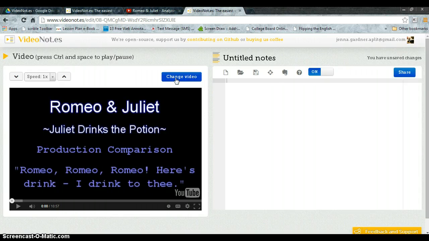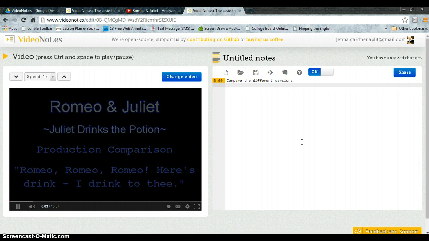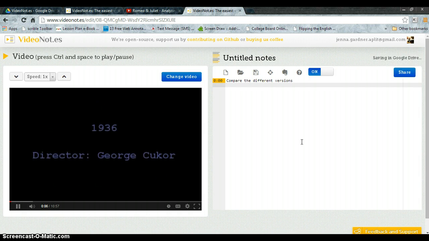and the video comes up, and then what you do is you type your prompts, questions, comments at any point, and it will key directly to the point in the actual video. So for example, I might put before it even starts, compare the different versions, and then have the actual video begin. Now, as it goes, you simply click down, and then as particular points come in that you want to comment on something or ask a question,